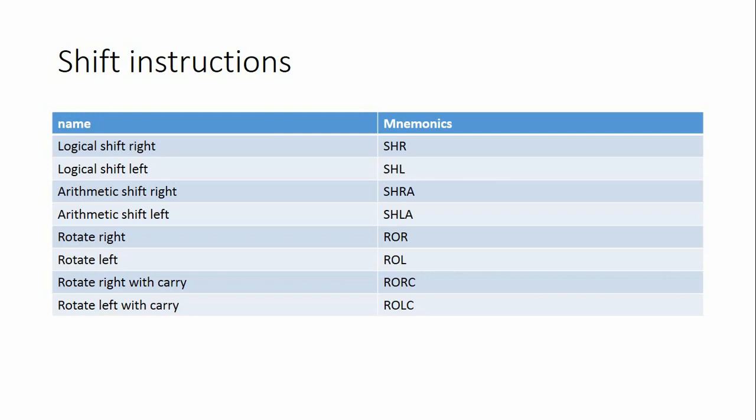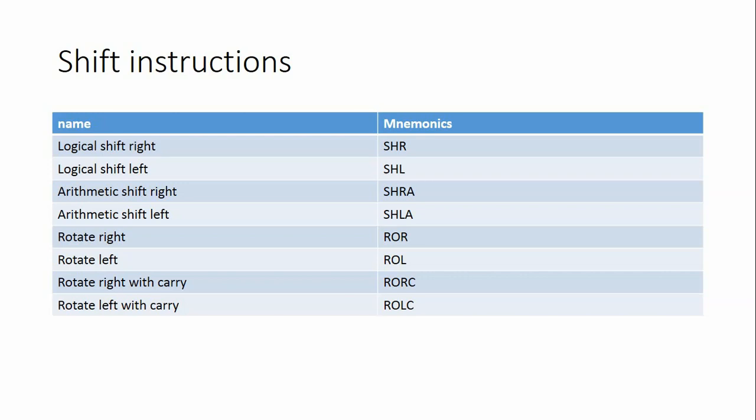And if we take one example, the logical shift instruction, it is a logical shift micro operation. 0 is inserted at the end bit position. The end bit position is the leftmost bit for the logical shift right, and the rightmost bit position for the logical shift left. The bit coming out of the other end is lost here.